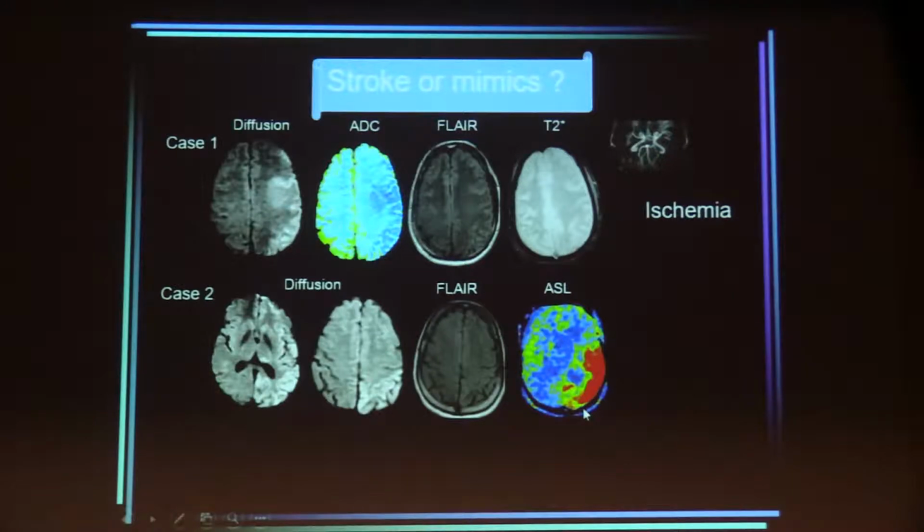So here is a typical example of post-ictal edema in a patient that probably had seizures, and this is not a case of stroke but a stroke mimic. The next day, without giving TPA, everything vanished and the MR normalized without any treatment.